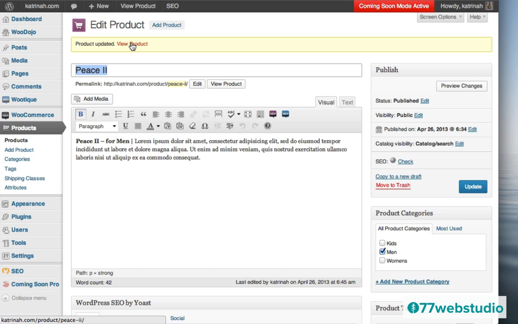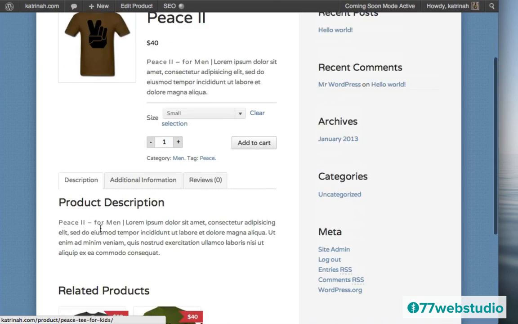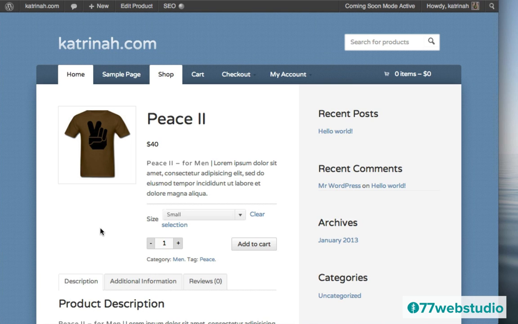I'm going to click on View Products. And here we see the small size is the default version selected right here. This is the default size that automatically pops up on the product page. And as a result, we now have an Add to Cart button here on the product page. So just be sure when you're setting up whatever products you have that you always create a default variation if you have a product with many different variations and attributes. When you have a default variation set up, you will see the Add to Cart button immediately when you arrive on the product page.